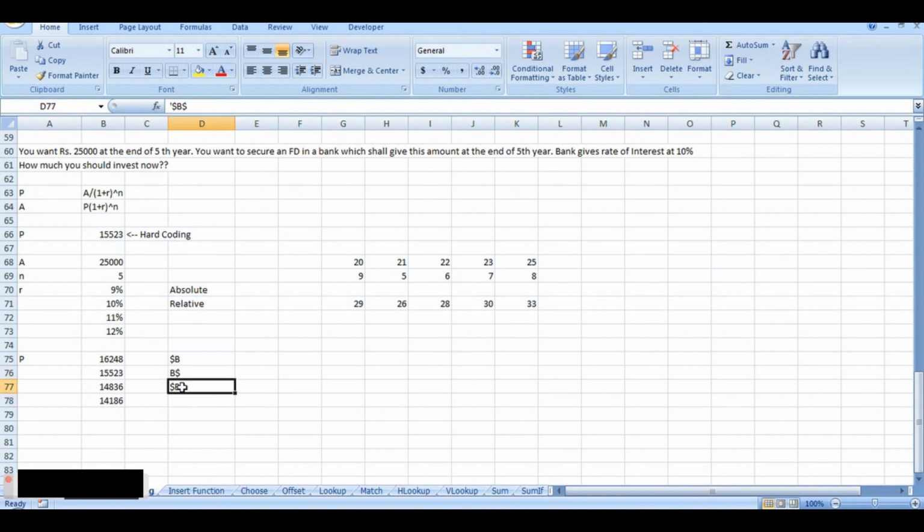And now you must have seen that when I was writing it here, I was using apostrophe here. What does this do? It does not convert what I am writing into the formula. It keeps the things as text. So whatever I write, say 100 if I write, it is coming to the left side, means Excel is not considering it as a number but as a text. By using apostrophe you can do that.